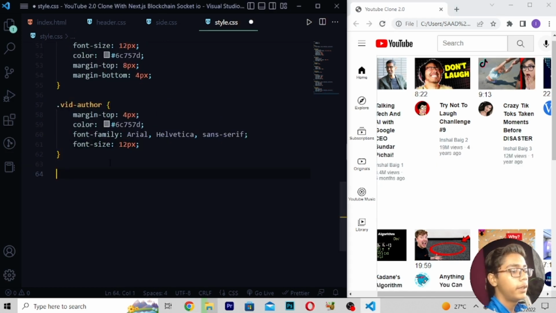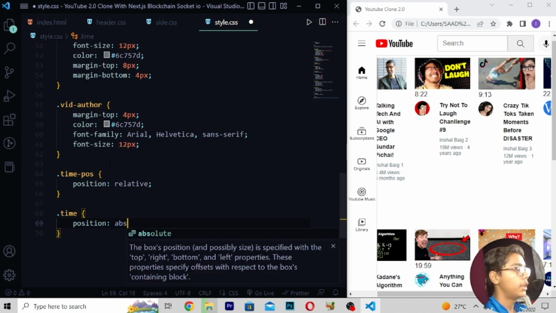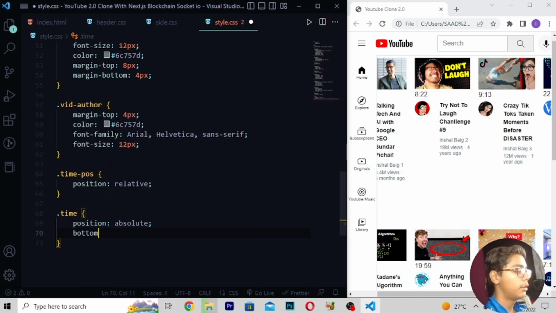Here I will be moving. Then after moving here, you have to do one thing. Right here dot thumbnail post, then I will be writing position relative. Then dot time, position absolute, bottom 7 pixel, and right 4 pixel.